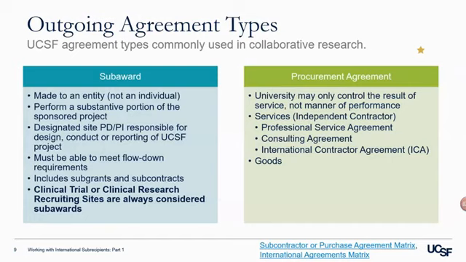Procurement agreements include agreements for goods or services in the form of a professional service agreement, international contractor agreement, or consulting agreement. The university may only control the results of the service, not the manner of performance. So again, I think Kathy did place the link to the matrix, the complete matrix, in the chat. And if we go to the next slide,